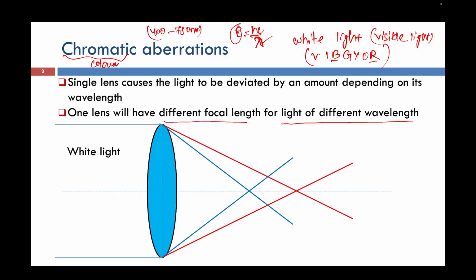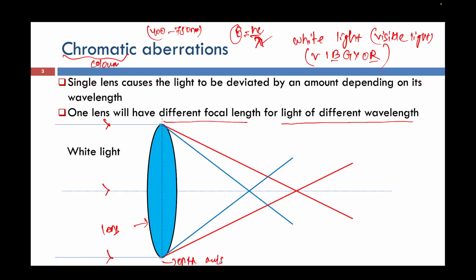So now looking at this schematic, let's say this is a white light, right? This is our incident white light. Now this is our lens, our optical lens, and this is the optic axis. Now after going through this lens, and after the refraction of the white light through these lenses, you will see,